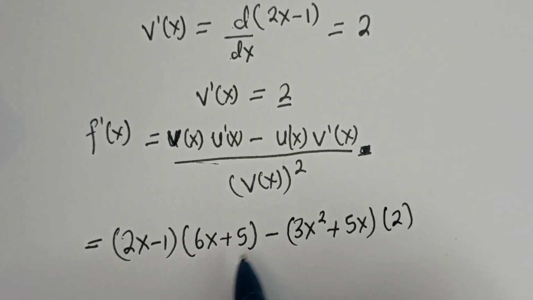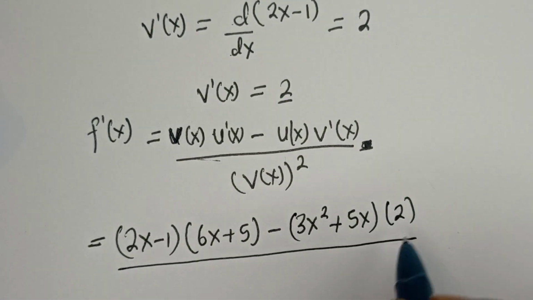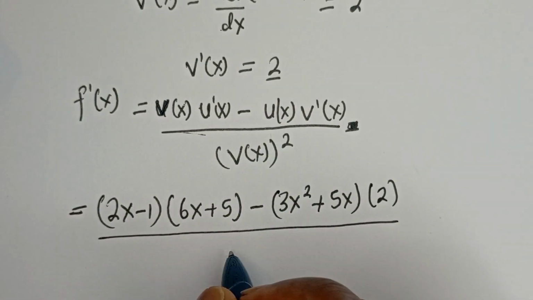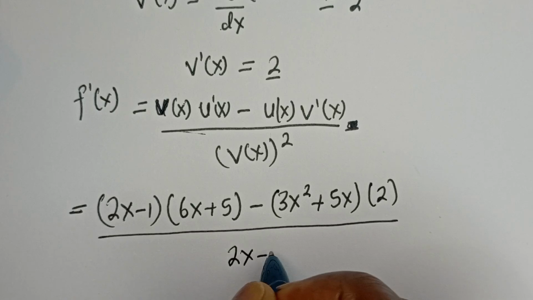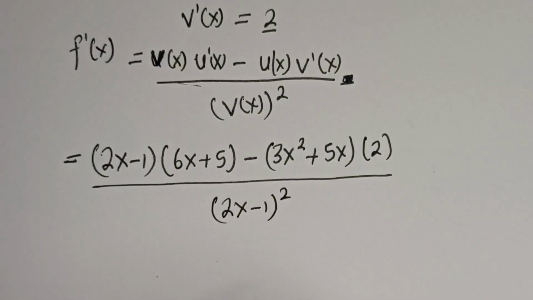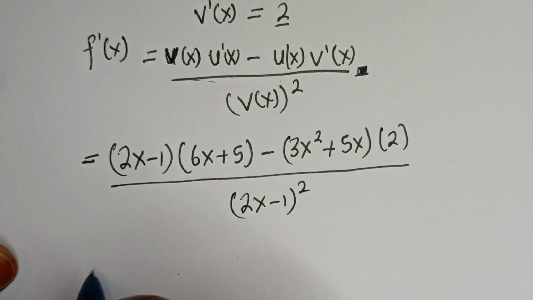Then divided by v of x all squared. This is 2x minus 1 all squared. This is equal to